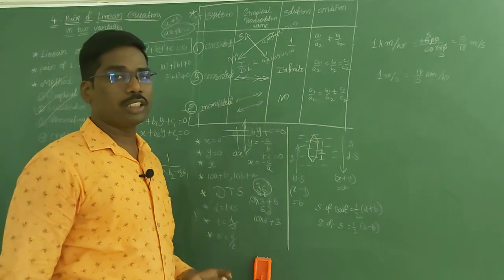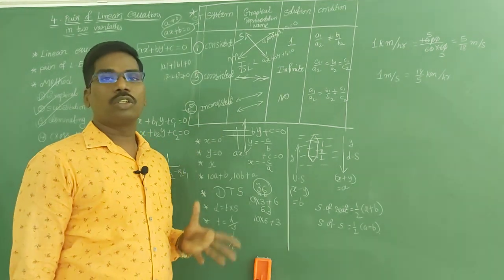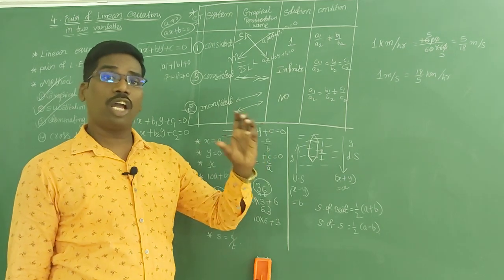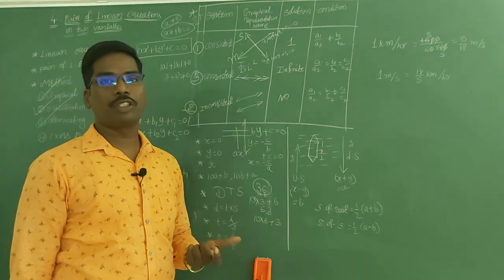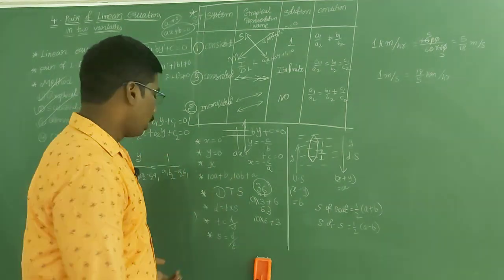And also one more shortcut is there. If two equations with very big numbers are given, then you first add, and you will get a small equation. After that you subtract, and again you will get a small equation. So if you solve this by any method, then you can find the answer.